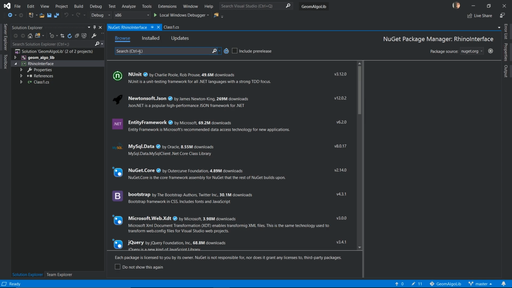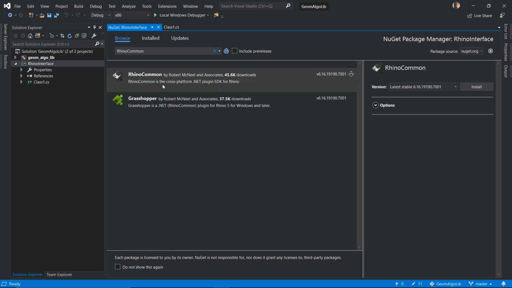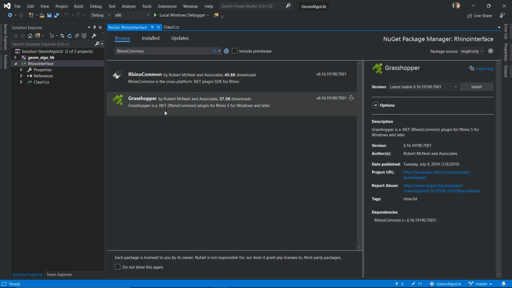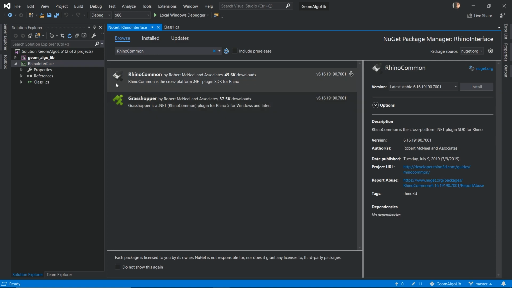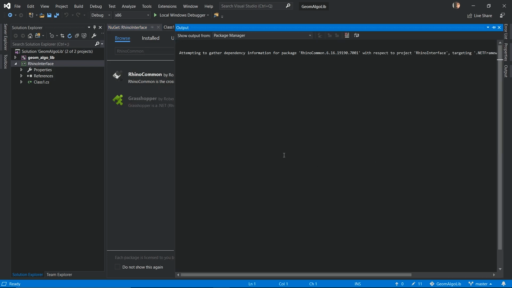And I'm going to go into Browse and search for Rhino Common. As you can see, it shows up in my recent searches. And we're going to be using Grasshopper to do the actual testing, but we don't actually need to install the Grasshopper NuGet package. We just need the Rhino NuGet package so that we have access to the Rhino geometry types, and then we can take the results of our algorithms and convert them into Rhino geometry and have them rendered in the viewport. So I'm just going to click install,